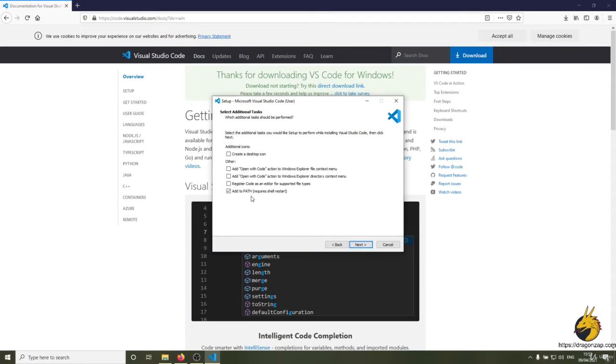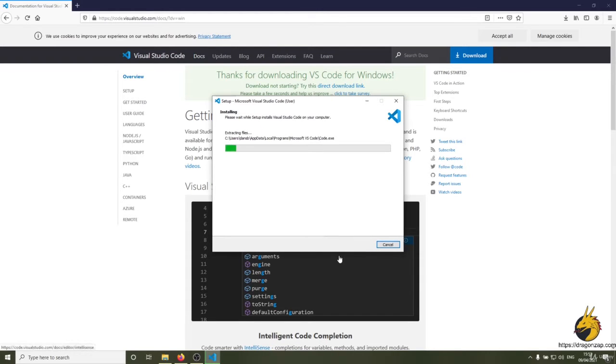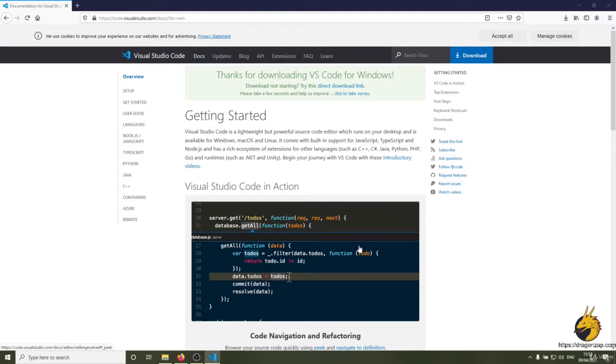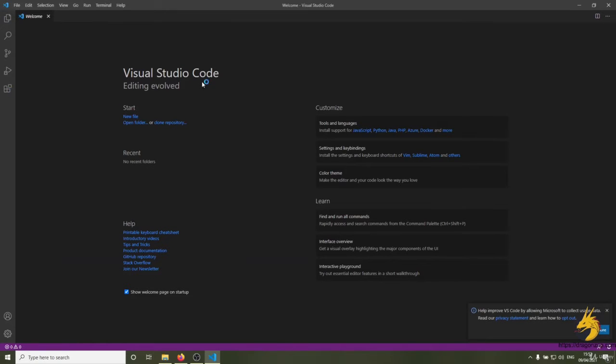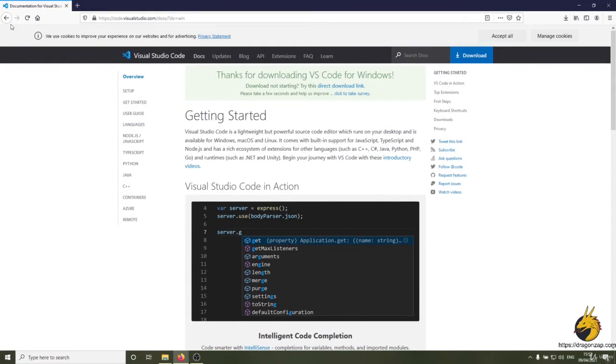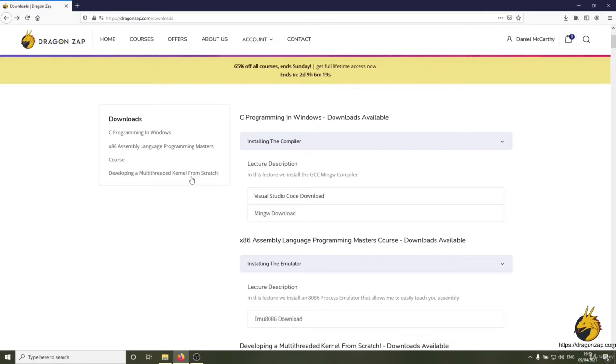Make sure add to the path is set. Just go next, install, and then we just let that complete. So we're now going to press launch Visual Studio Code and press finish. Okay, and this is Visual Studio Code, so that's all installed correctly. Brilliant. Close out of that and press the browser back button just to take us back to the download page